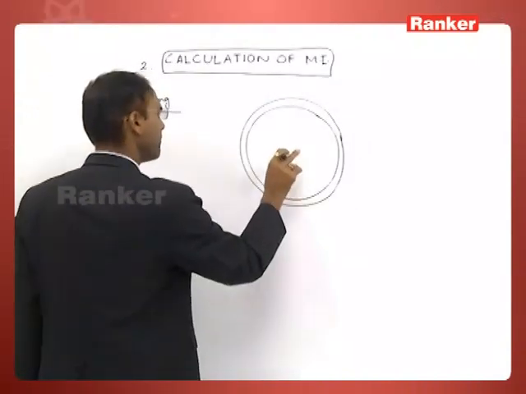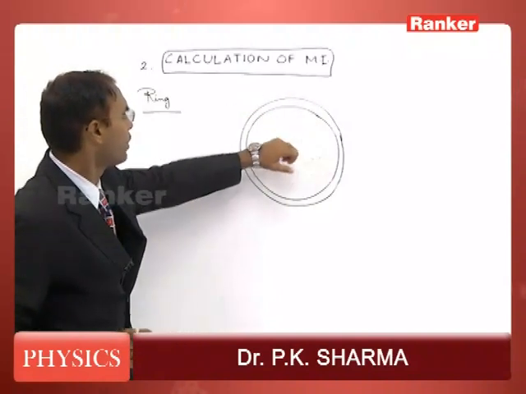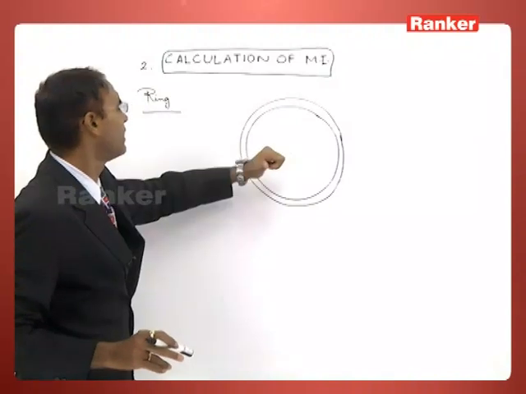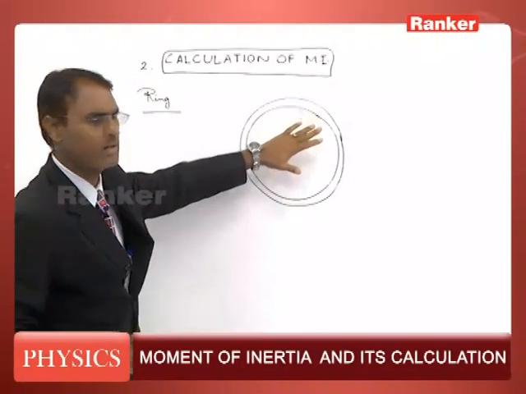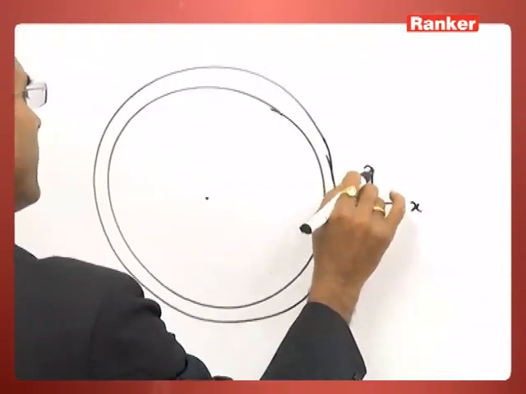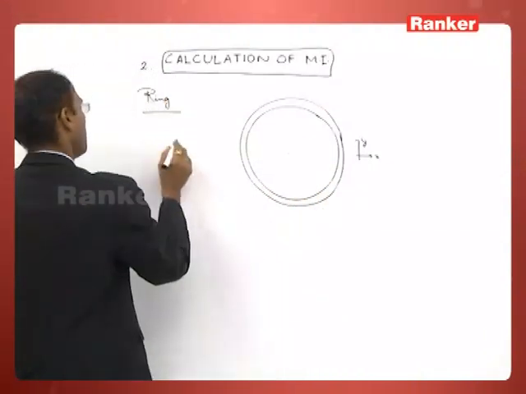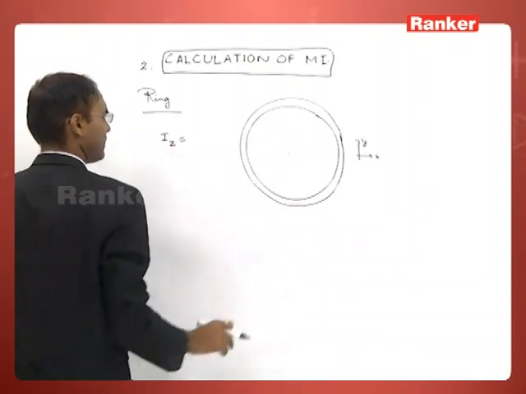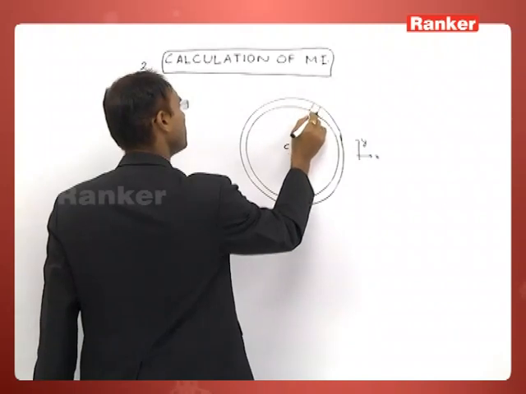Calculate the moment of inertia about the axis which passes through the center of the ring, and that axis must be perpendicular to the plane of the ring. If you take this as the x-axis and this as the y-axis, this must be the z-axis. The moment of inertia about the z-axis passing through the center of the ring can be given by